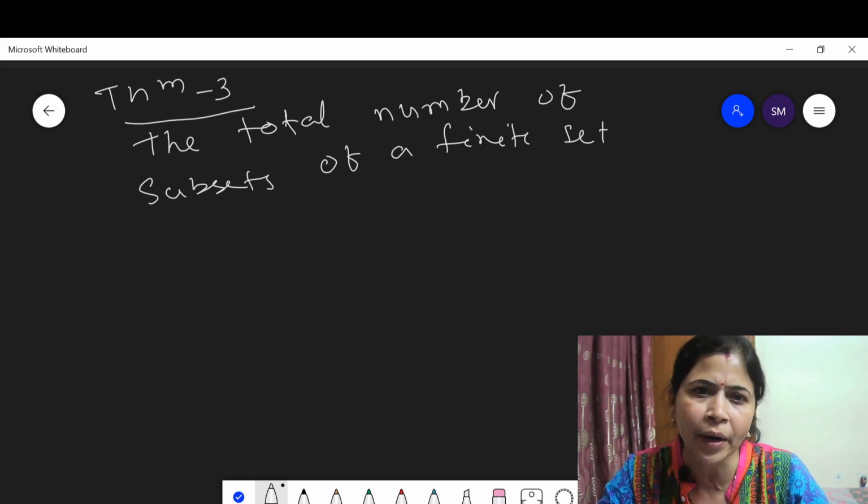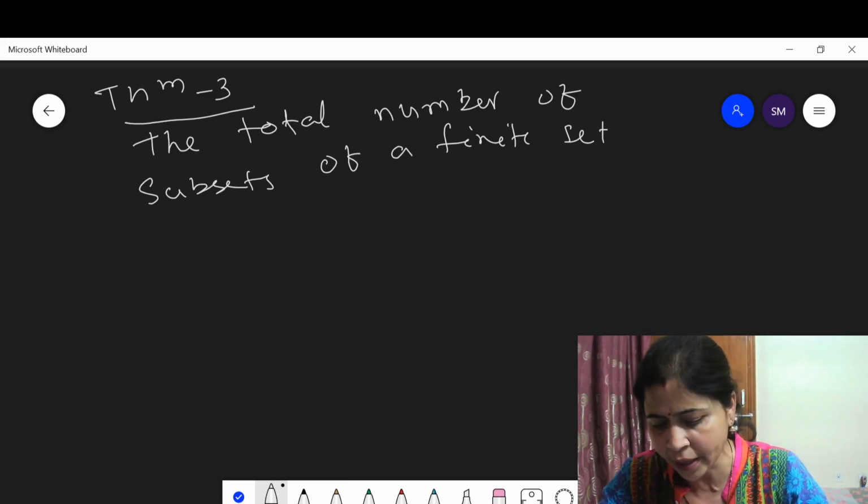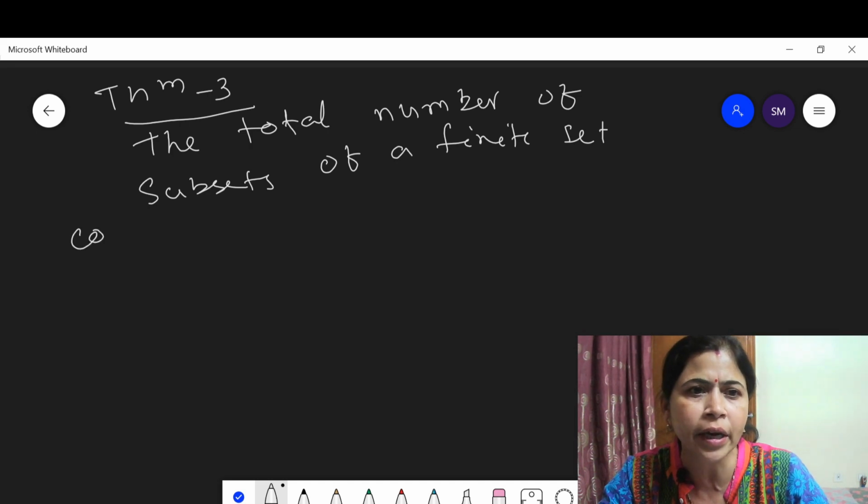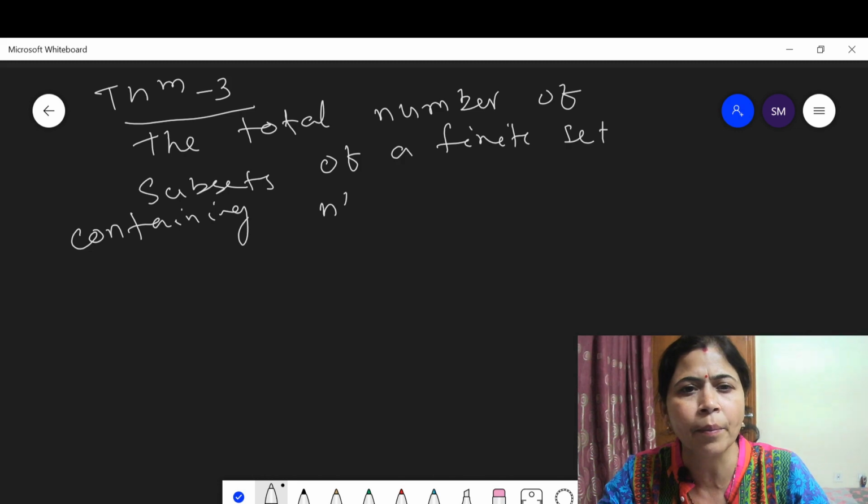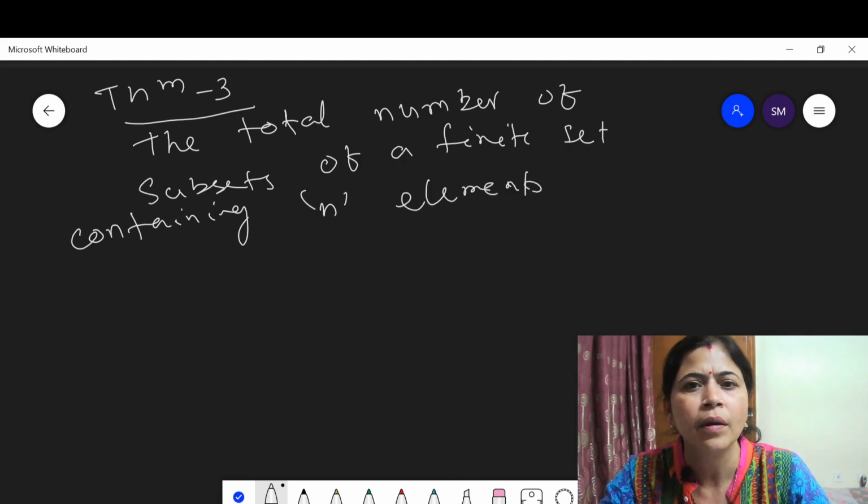The total number of subsets of a finite set containing n elements,